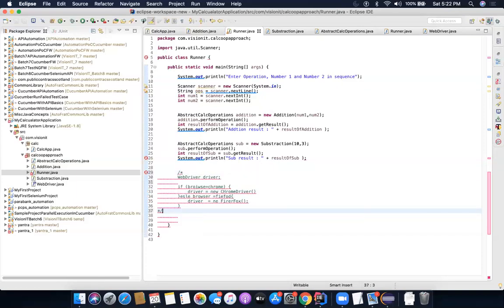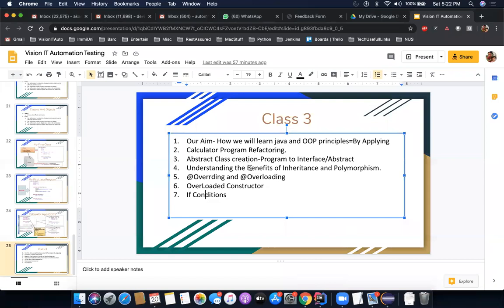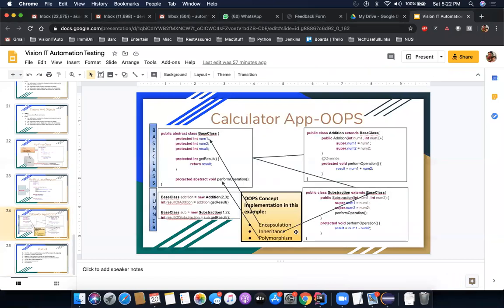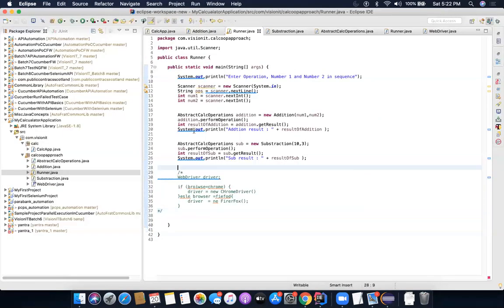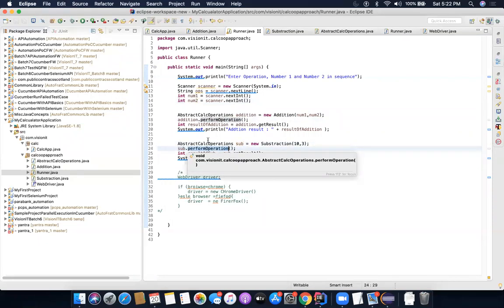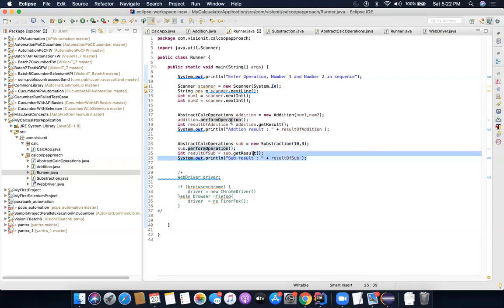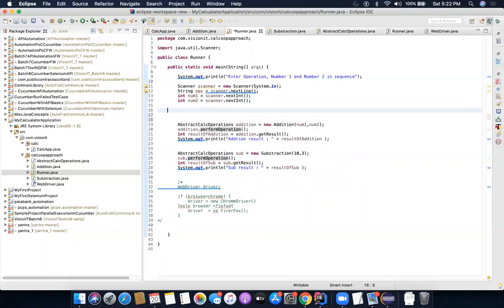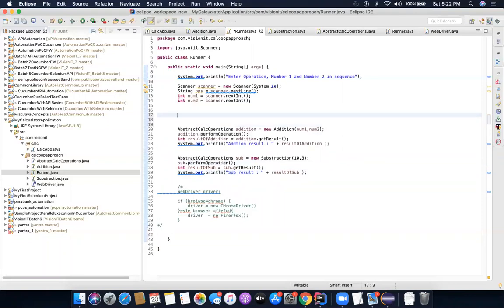If you remember, in the slide I was talking about inheritance and polymorphism. See, this is what we wanted to create. How will we do it? I see a common pattern: performOperation is the same thing we are calling. If I call performOperation on sub, it gives me subtraction, else it gives me addition. So I'll write some logic so that I could combine these things and make a suitable implementation of it.